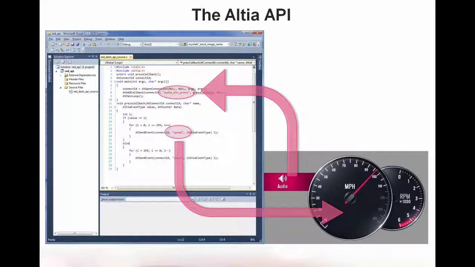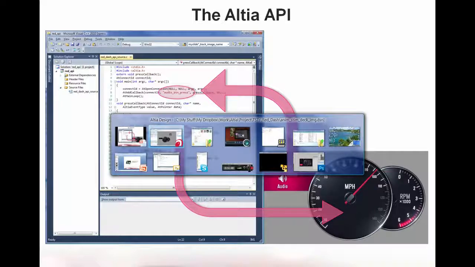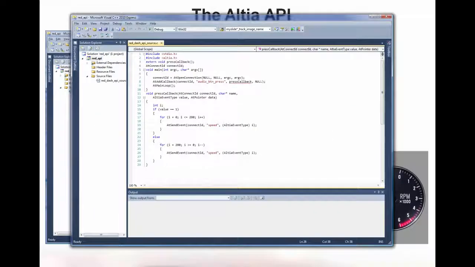It's going to set the value of speed from 255 to 0, essentially sweeping the needle up and down based upon the value of audio button press. Okay, so let's quickly jump over to Visual Studio now and show that code for real on screen. And we've got the 280 value here because that's what I defined my animation as, not 255 as shown in the slide. That's fine. Audio button press is our event name that we're listening for, and we do that by